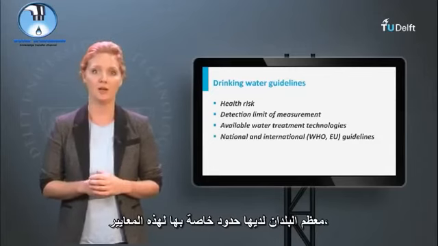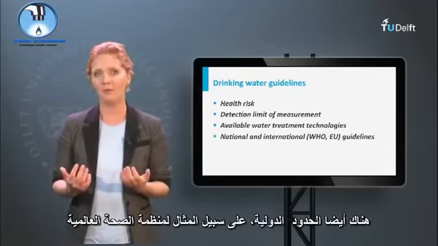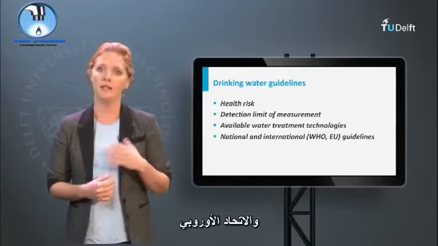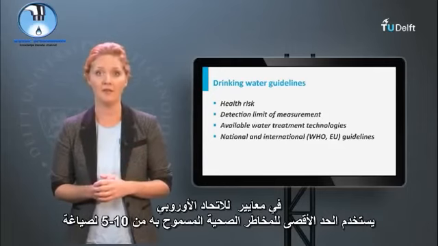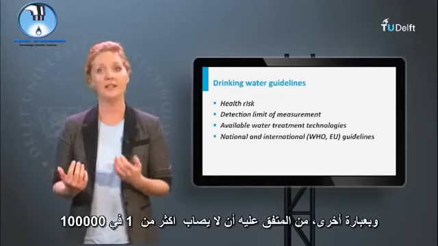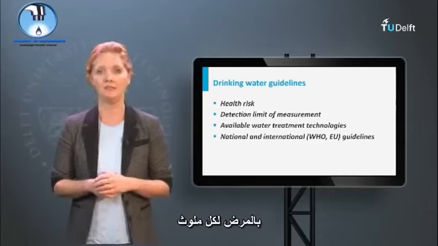Most countries have their own guidelines for these parameters. There are also international guidelines, for example of the World Health Organization and the European Union. In EU guidelines, a maximum allowable health risk of 10 to the minus 5 is used for the formulation of the guidelines. In other words, it is accepted that no more than 1 in 100,000 persons can develop an illness